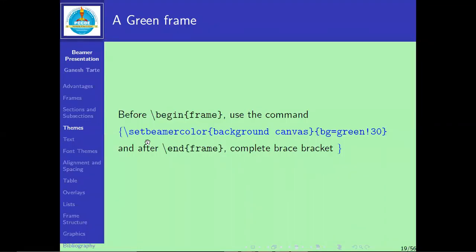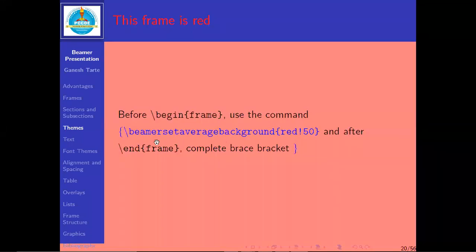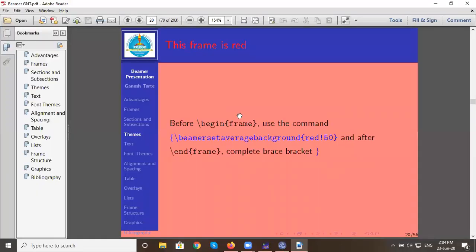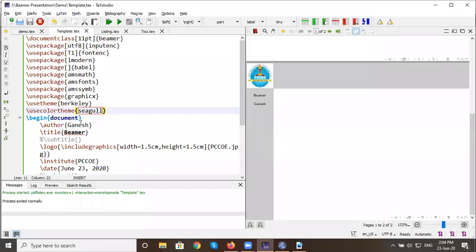So both the commands, beamer set color background canvas and beamer set average background color with a percentage, give the same output. If you want to check, we just apply this command in a continuation.